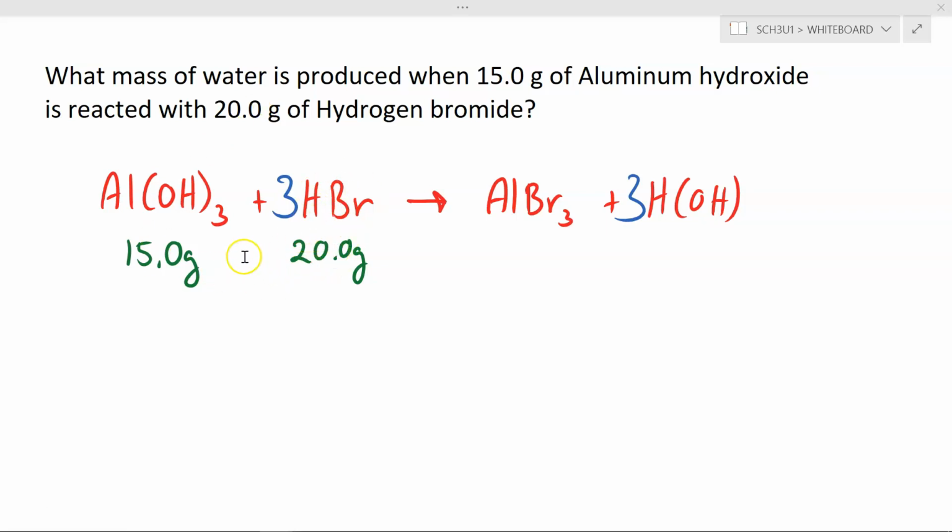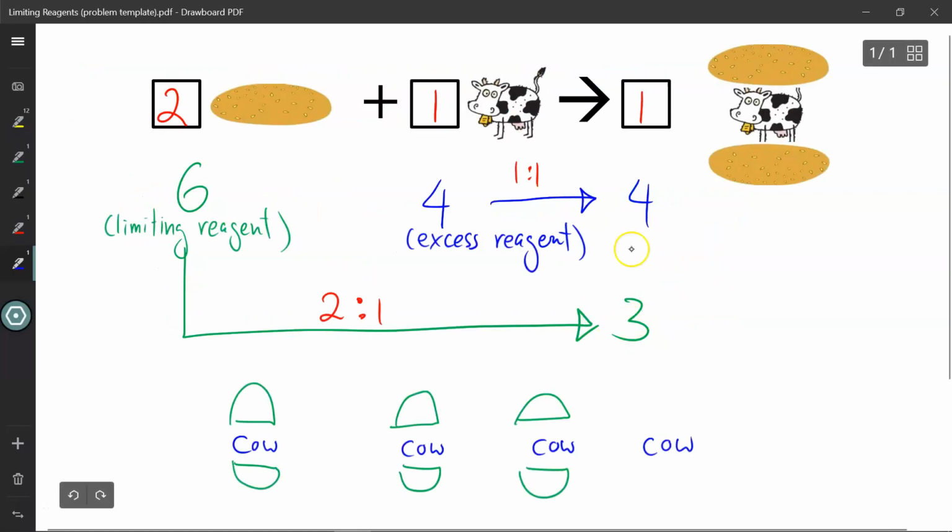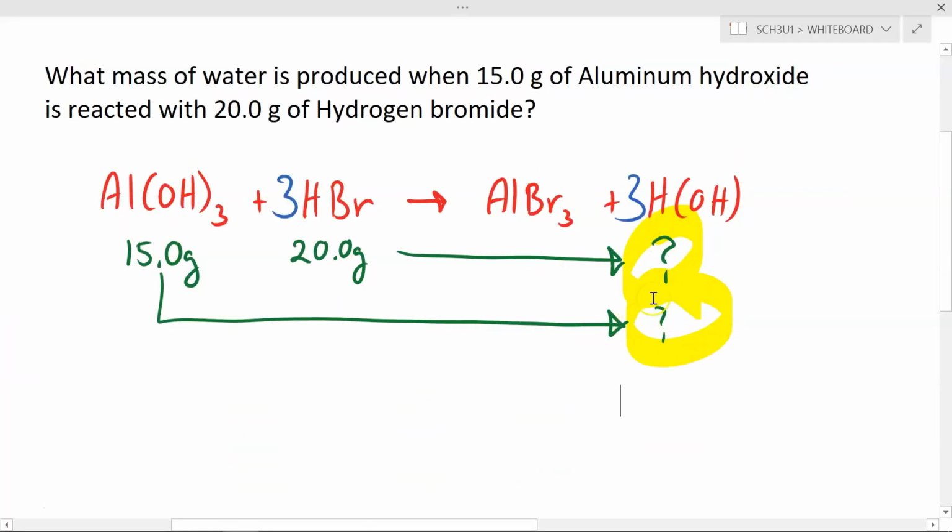I find this helps to keep my information organized. Now since it's asking what mass of water is being produced, I'm going to try and find out how many grams of water can be produced with 20 grams of HBr, and how many grams of water can be produced with 15 grams of aluminum hydroxide. I can then compare these 2 values, and whichever one's lower is my limiting reagent. And that would be the number I would trust to calculate the mass of water that is going to be